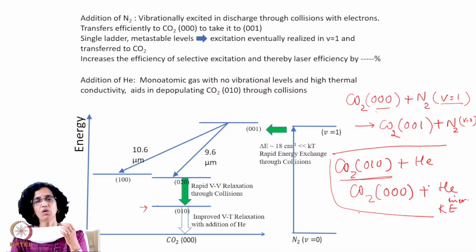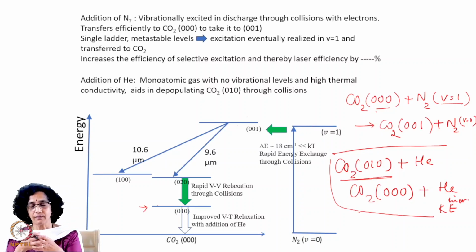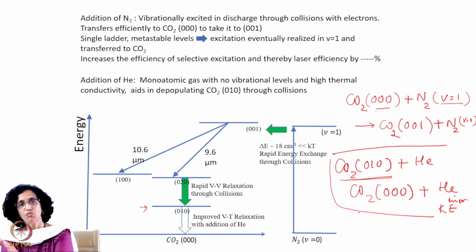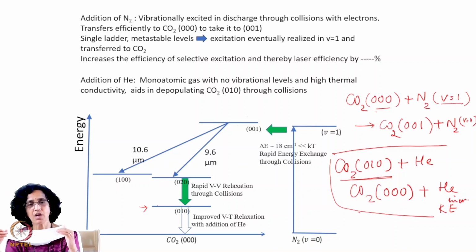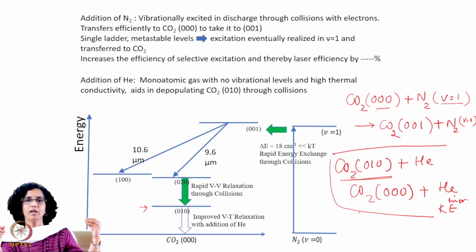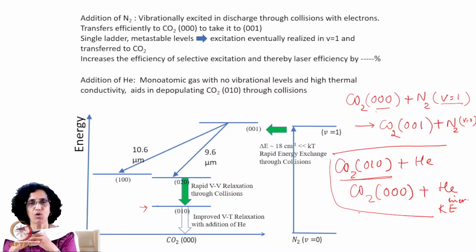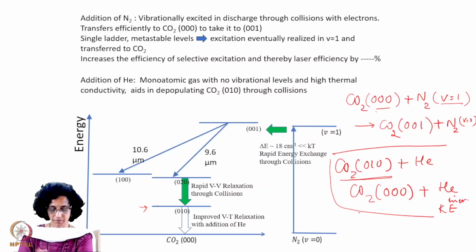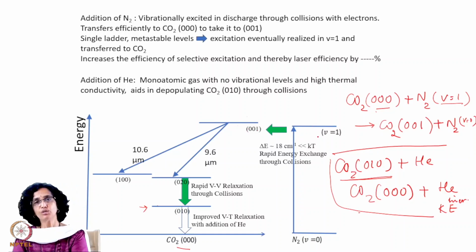This helium, because it is a lighter gas, moves fast and collides with the walls, and transfers this excess energy that it possesses to the walls of the CO2 laser discharge, and from the walls this excess heat is conducted away, as we had seen, through flowing water. So the water actually removes this excess energy, and we have CO2 molecules in the ground level, which can be once again excited in a discharge directly or through collisions